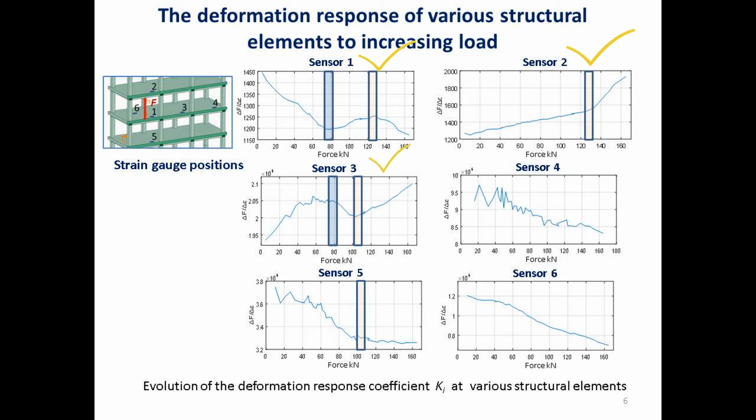Here you can see a sharp break in the curves when the load is about 80 kilonewtons, for the sensors 1 and 3 located at the same level, and the load about 120 kilonewtons, for the sensors 1 and 2 installed at different levels near the jack. We suppose that these features of the curves are associated with the appearance of local damages in the area of the static load application.